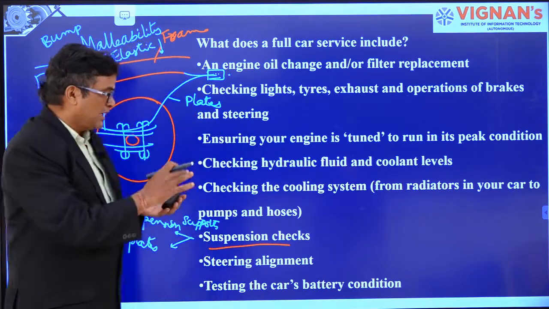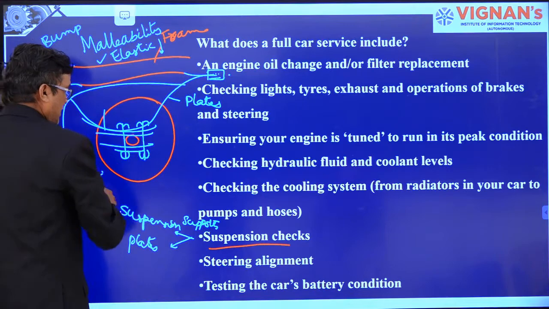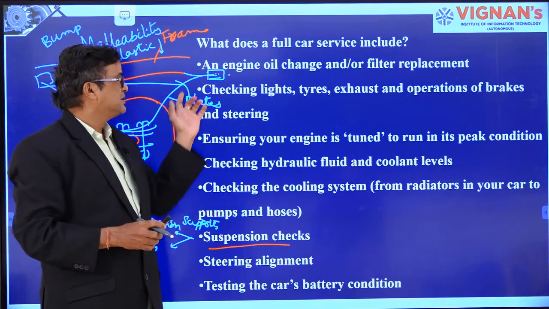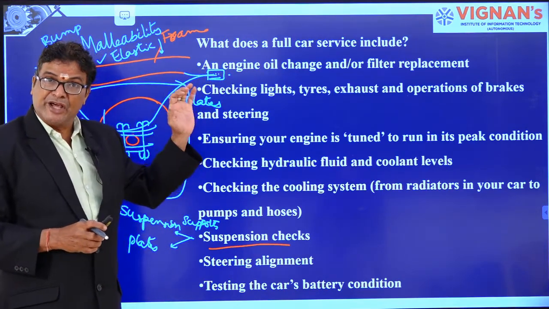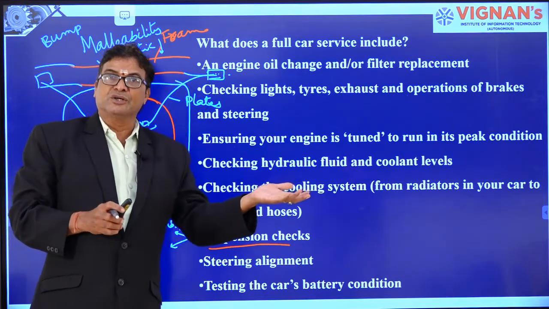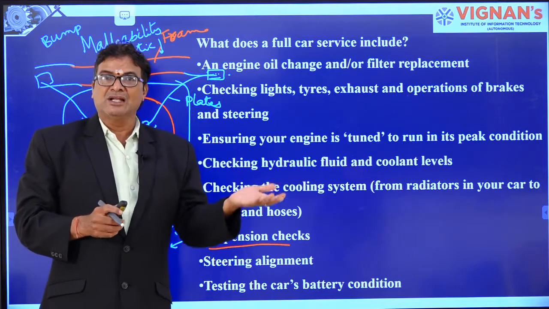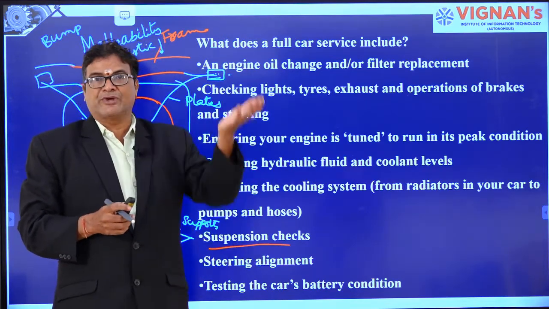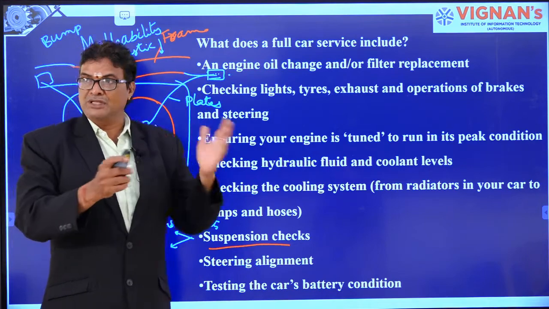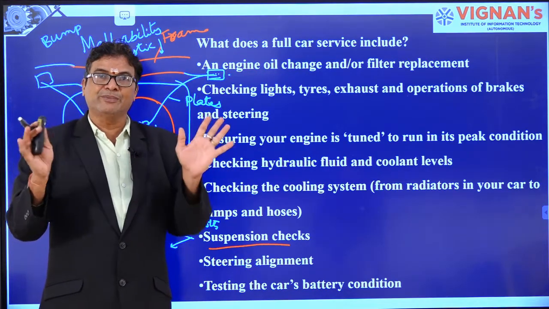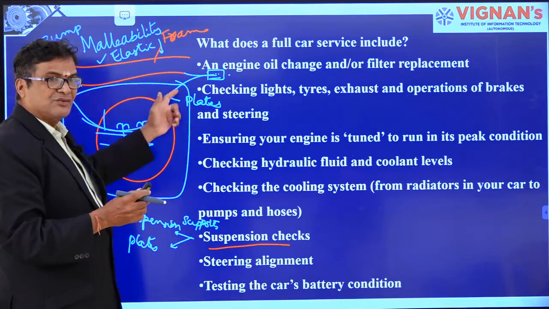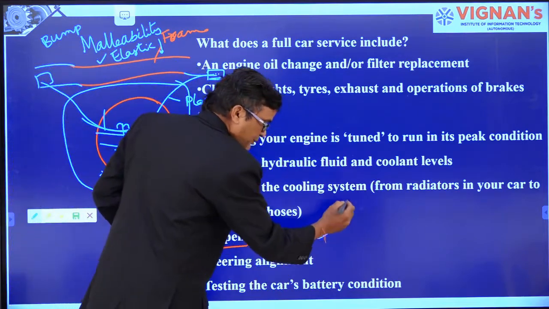That is the difference between cheap buses and costly buses. In the costly buses, the transport management looks over the suspension system from time to time. They will change the plates, they will change the supports like this. If they are not changed, that might not be a major danger, but the comfort goes out, right. The passengers will feel discomfort and will rise up even for smaller bumps. That is the difference between ordinary buses and Volvo buses, right. In Volvo buses we can sleep easily, whereas in ordinary buses we cannot even sit, because of the lack of suspension checking from time to time.